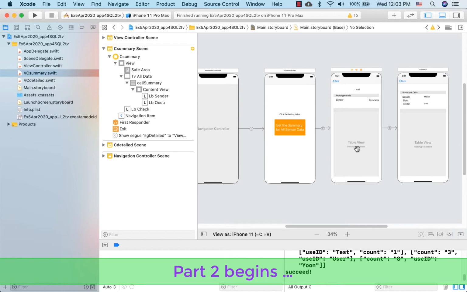So this table view contains multiple cells. A cell is nothing but a row. So when you click one cell here, we need to take that data to the next view controller, again access the database, receive JSON files and display it. Very similar to this, but that is another thing that we need to do. Okay,